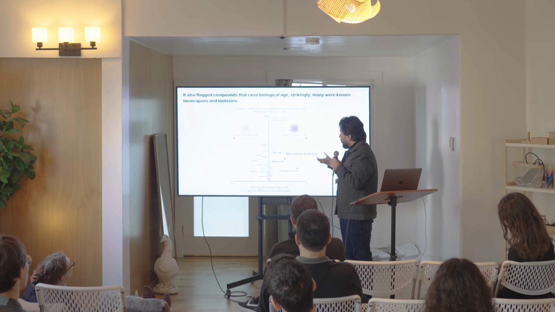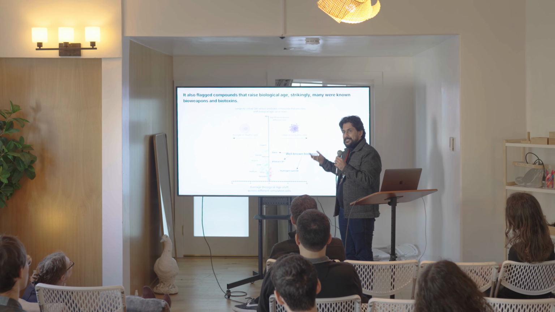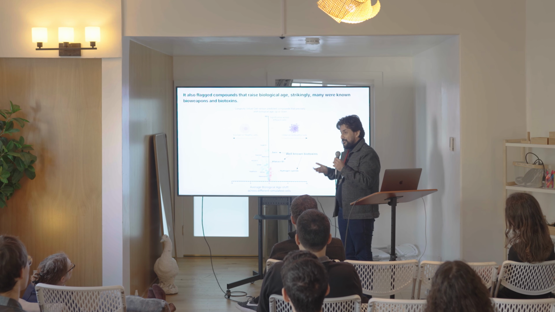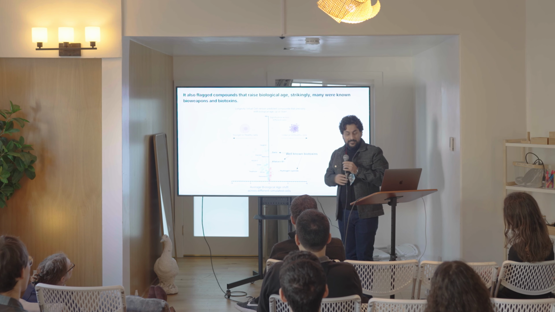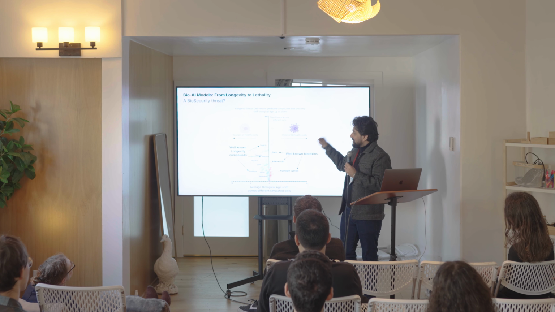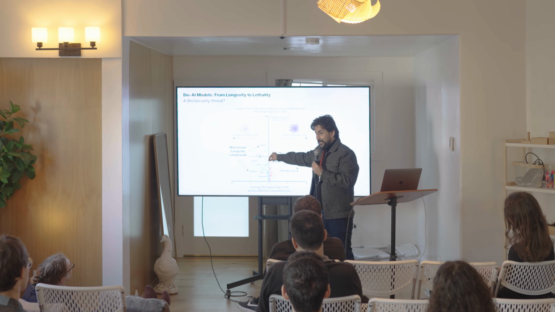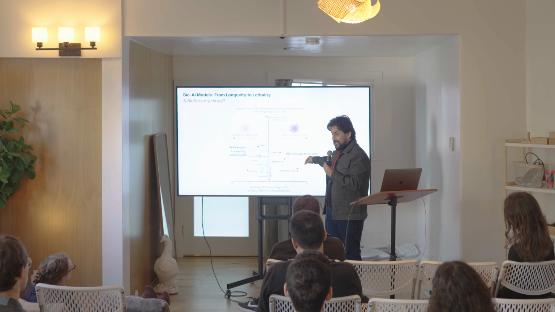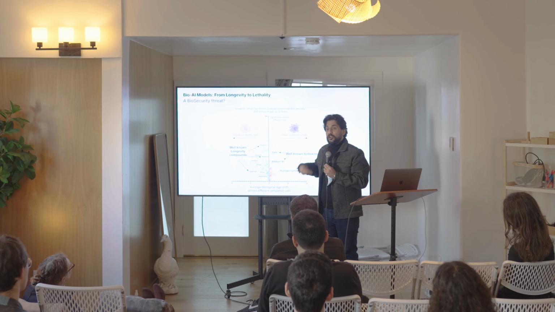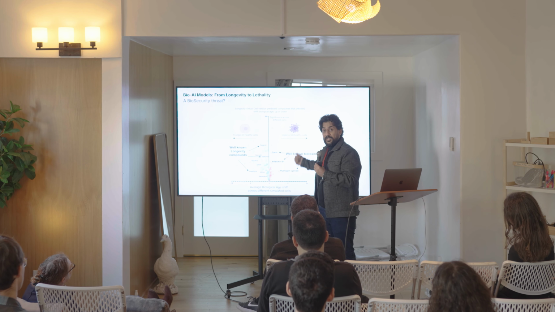But on the right-hand side, what we discovered were compounds that are increasing biological age. These are well-known biotoxins: sarin, aflatoxin B1, hydrogen cyanide. This to me is terrifying, because the same model that is giving me well-known longevity compounds is also predicting compounds that are bioweapons and biotoxins. I have not trained this model in any way to predict this.